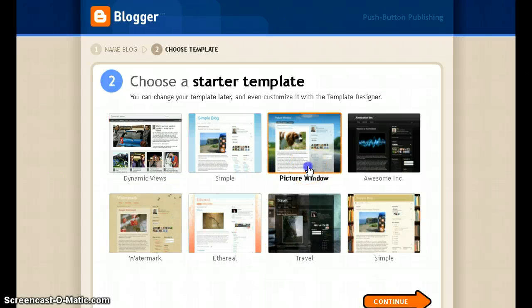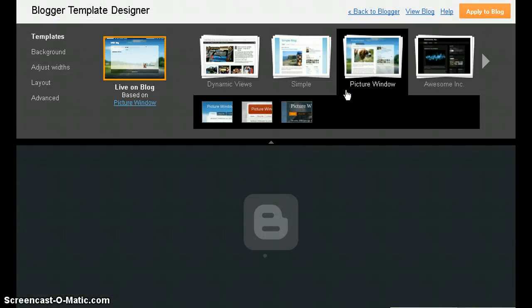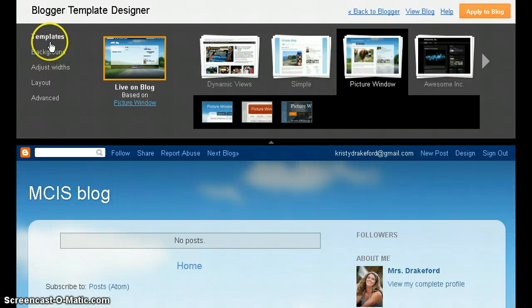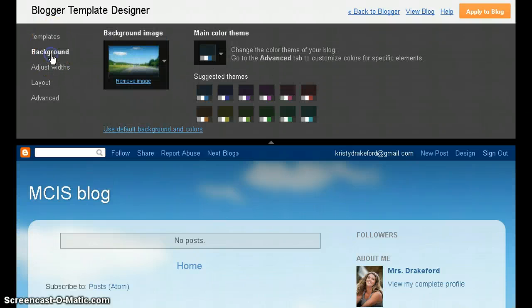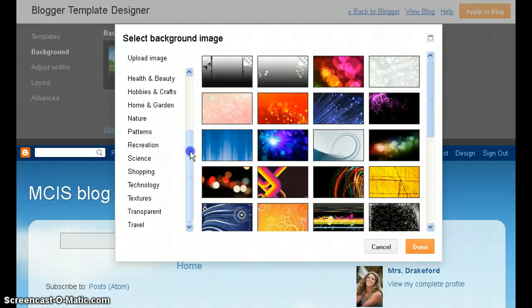So I'm going to go to picture window and continue. And then I'm going to customize. I'm going to show you how to customize your background. This is the template. That's what we just picked. There's a background. I'm going to go here to background image. There are all different options here. I'm just going to click on